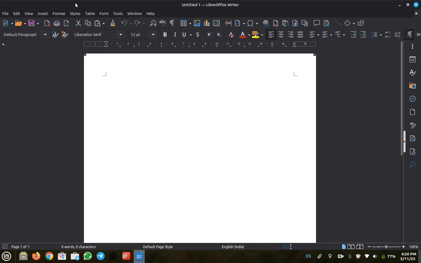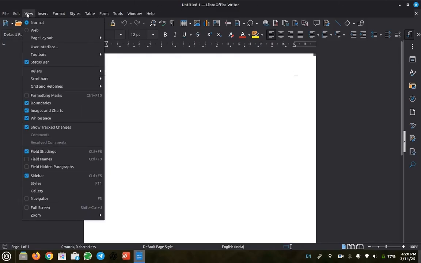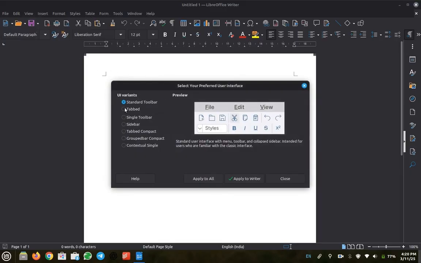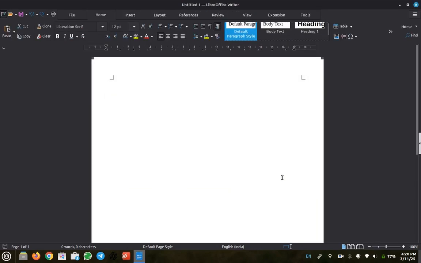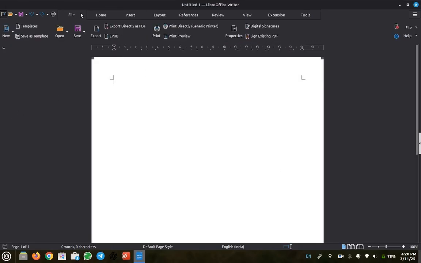The first thing I did to make it like MS Word was go into View, then User Interface, and change the UI variants from Standard to Tabbed, and then apply it to all. Now it's in the format of MS Word. You have File, Open, Save, New.